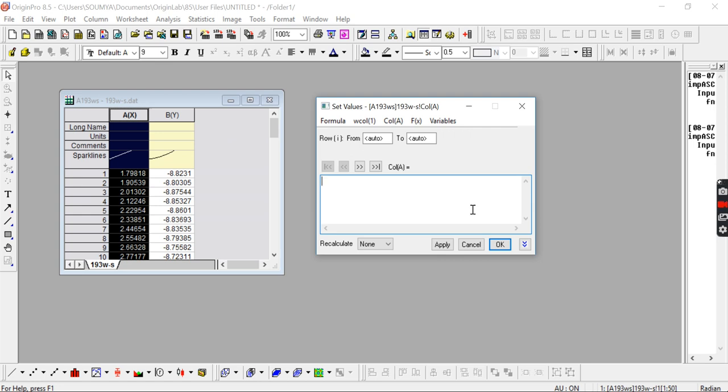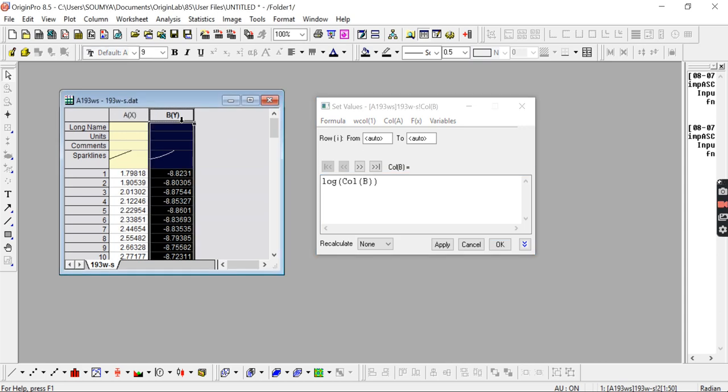You can use the exponential function. Suppose this one is column B. I want to find the exponential values of column B. Suppose I want to plot x values versus exponential of y values. So suppose these are the current y values, and you want to consider exponential values of the y values. For that purpose you can write exp